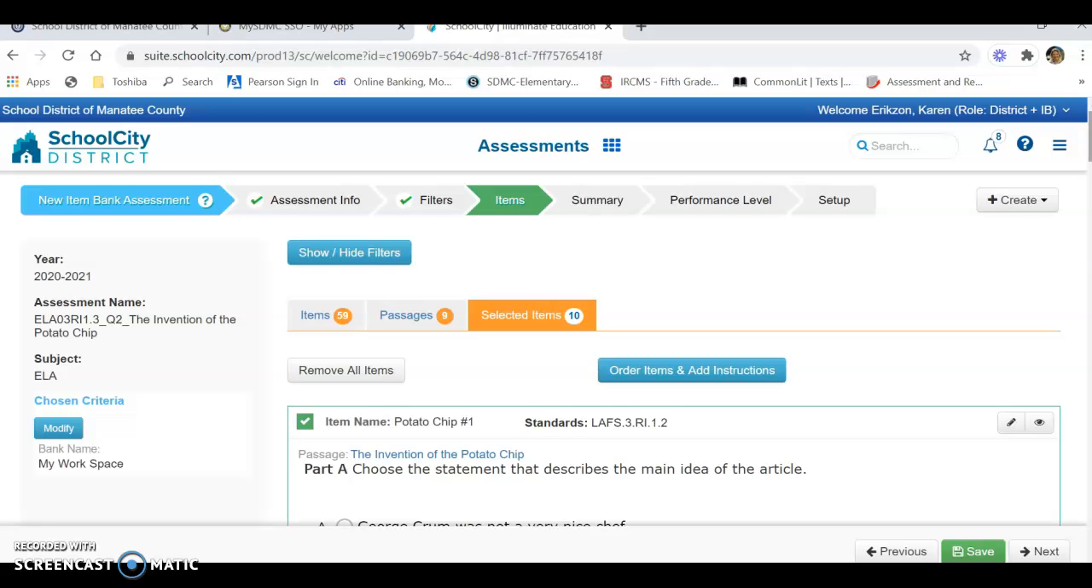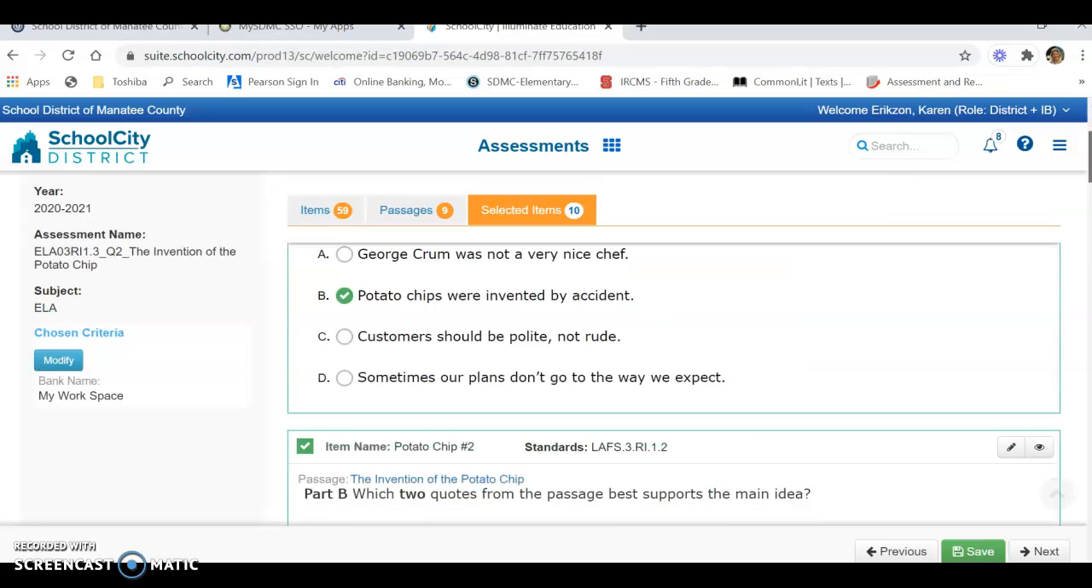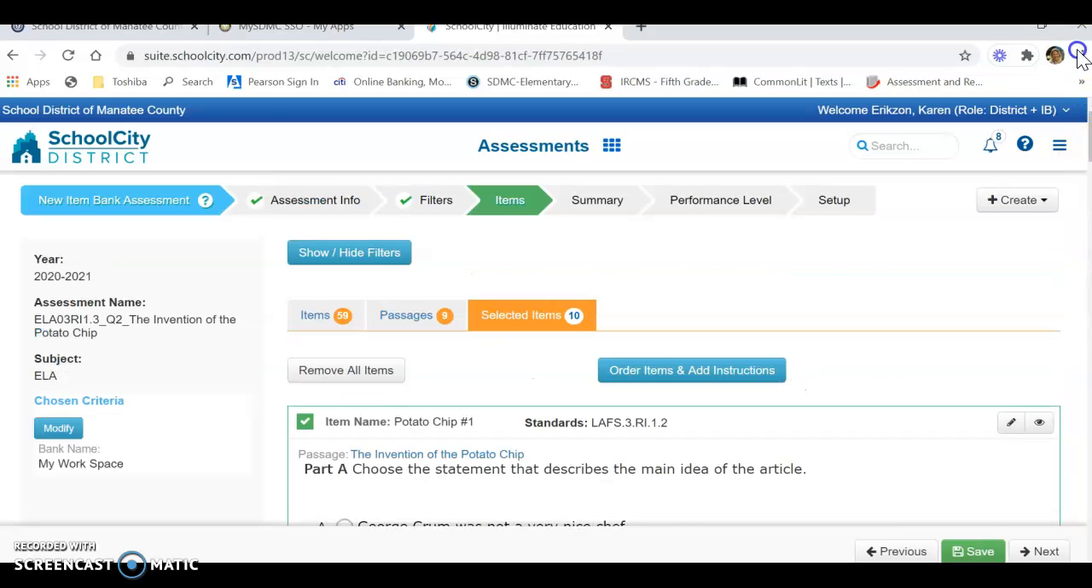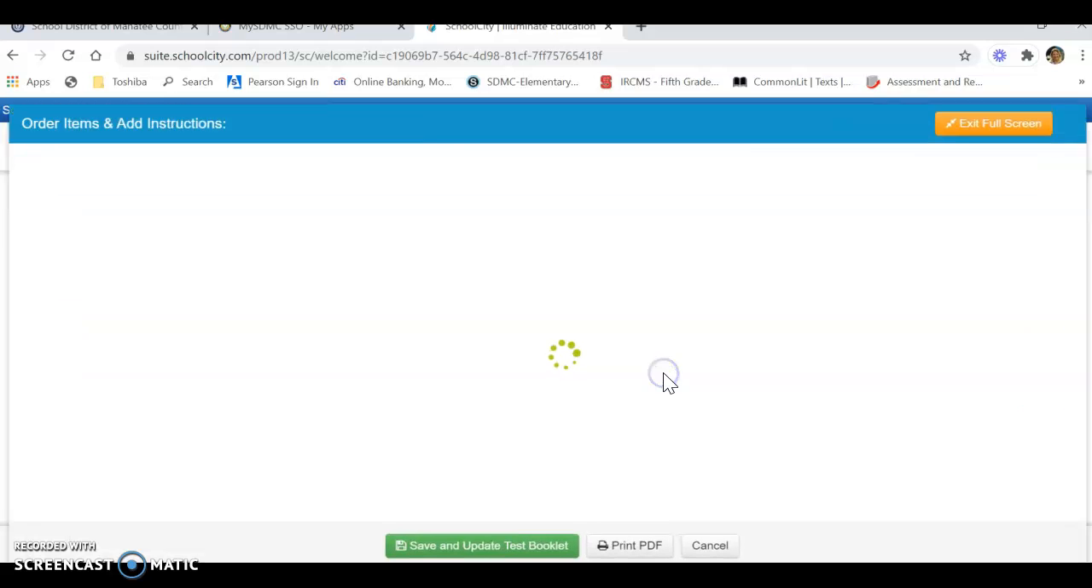All of these items have been linked to the text. You'll see the selected items. There should be 10. I'm just going to scroll down through real quick. They should all be there. Okay, I'm going to hit order items and add instructions. And this is just so that I can make sure that the items look the way I want them